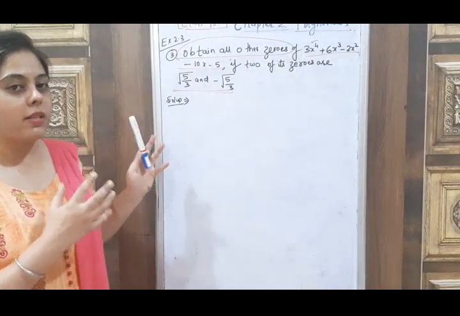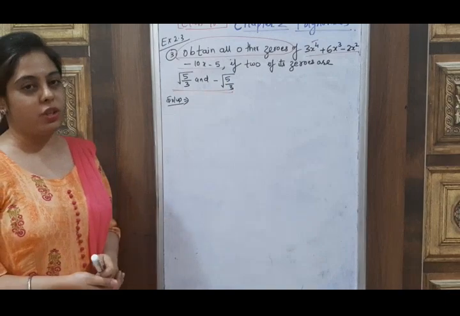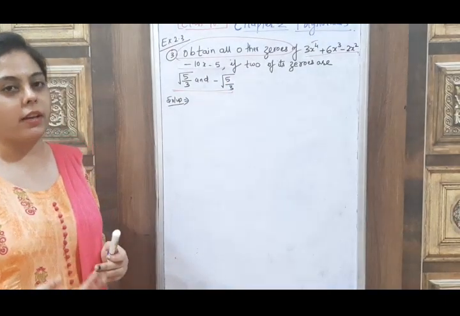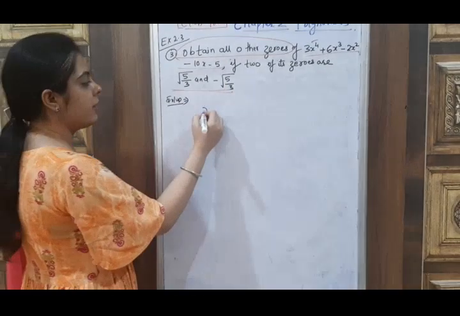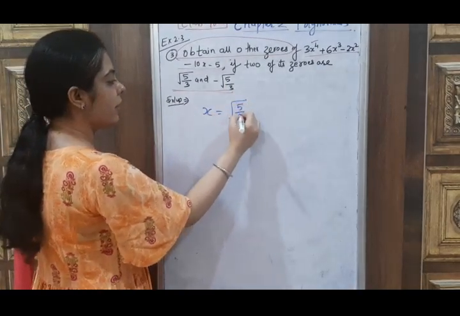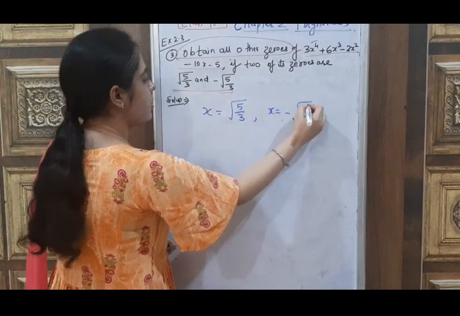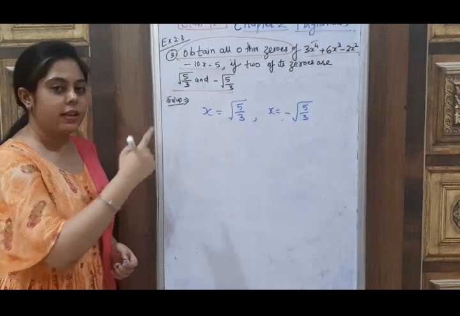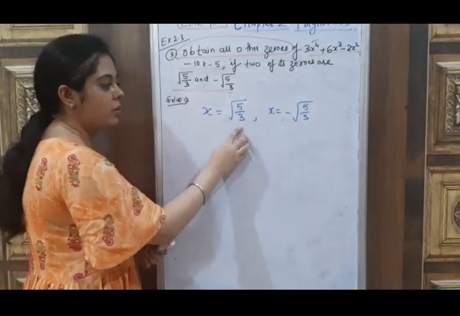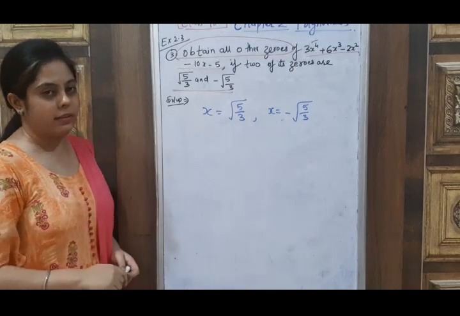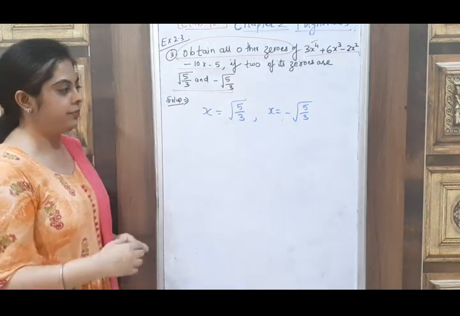यह जो हमारे पास जीरोस हैं यह जीरोस इस पॉलिनोमियल के सॉल्यूशंस हैं. सॉल्यूशंस का क्या मतलब होता है? वैल्यू ऑफ एक्स की वैल्यू. So these zeros can be written as x is equal to square root of 5 upon 3 and x is equal to minus square root of 5 upon 3. इसे हम ऐसे लिख सकते हैं. क्यों? क्योंकि ये दोनों जीरोस x की वैल्यू को ही रिप्रेजेंट करते हैं. Okay, and the remaining two values of x we have to find.